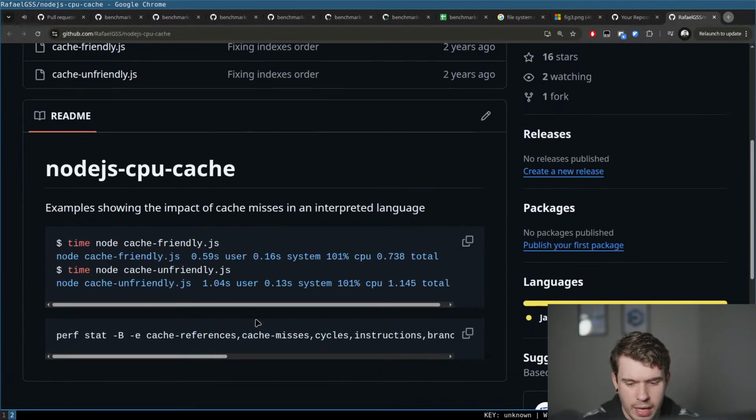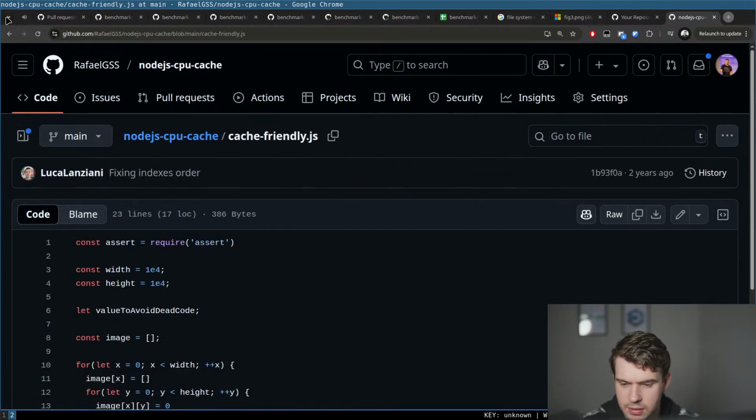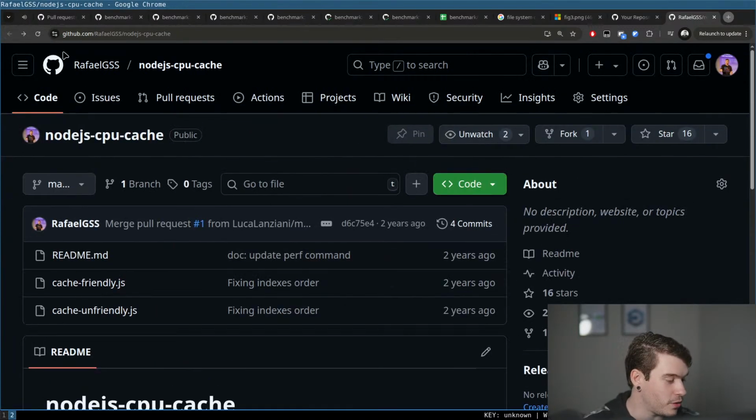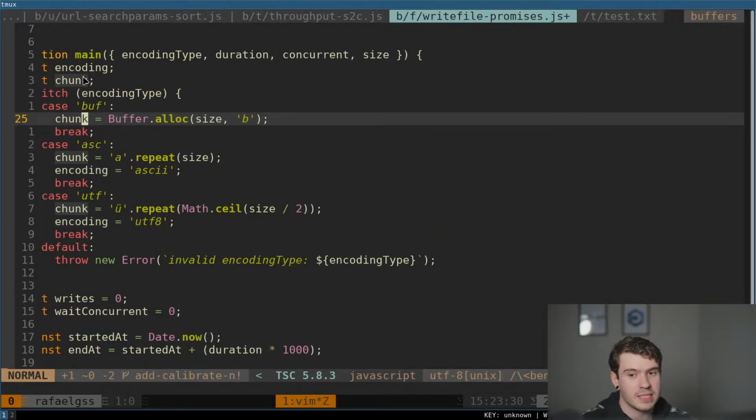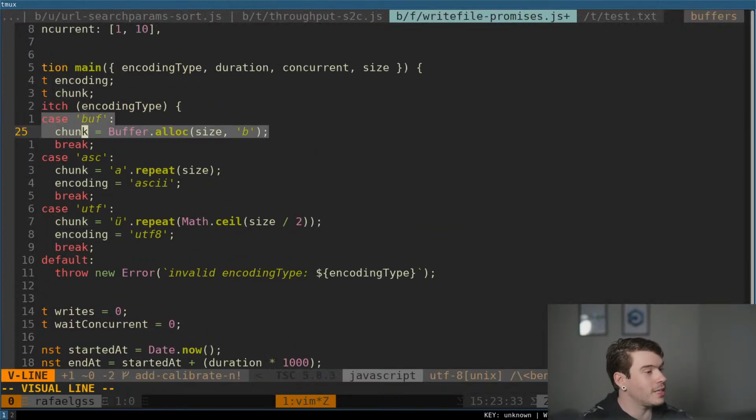This is CPU cache. This doesn't. I can explain this later. This is very interesting. But what we usually do is that if you don't do a warm-up, the first benchmark, which in this case is the buff, will get a cache miss, because when you try to read a file, it will check, okay,